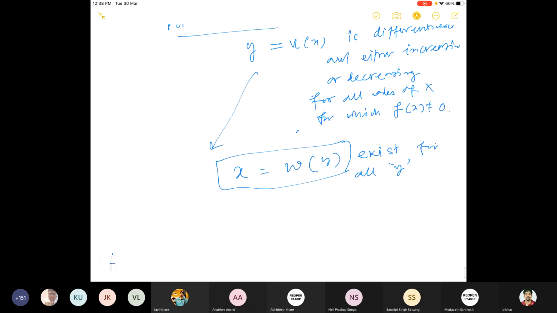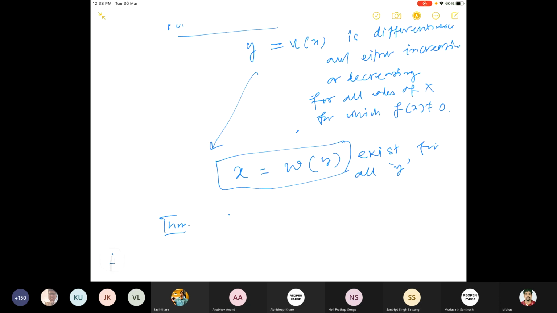the PDF of y. So the rule is the following. So this is the theorem. We will not prove the theorem. The theorem is like, let f_X be the PDF of a random variable X, and let's say y is equal to u of x, so let's say small y is differentiable,